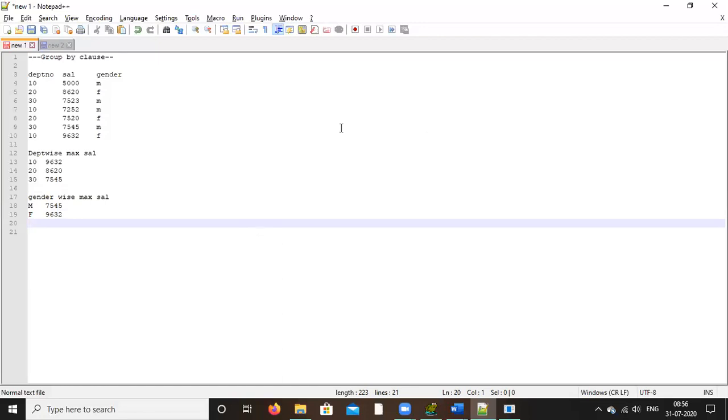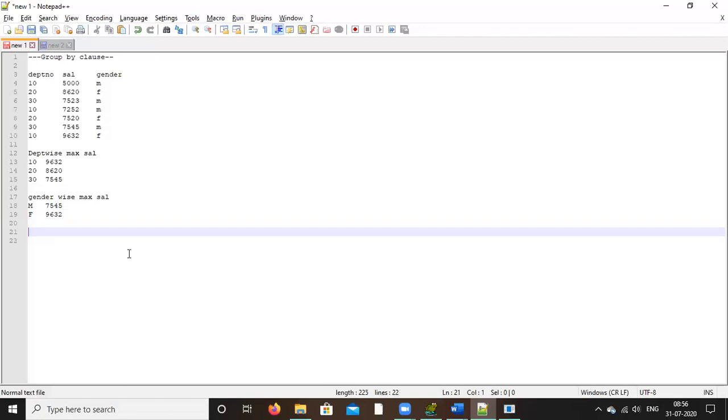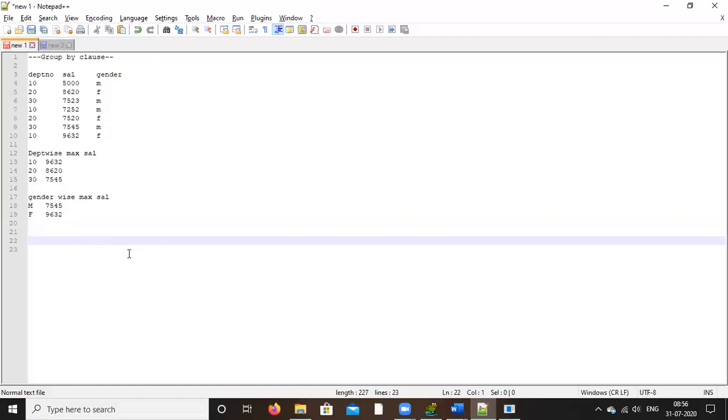Now let's say the requirement is department and gender wise maximum salary. How to do? Next question is department and gender wise maximum salary.